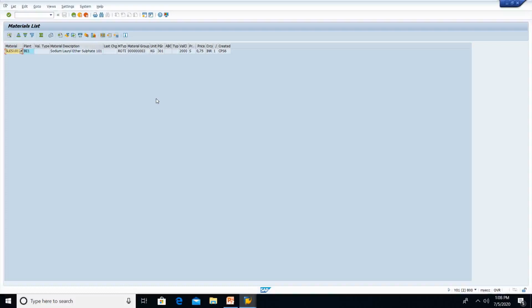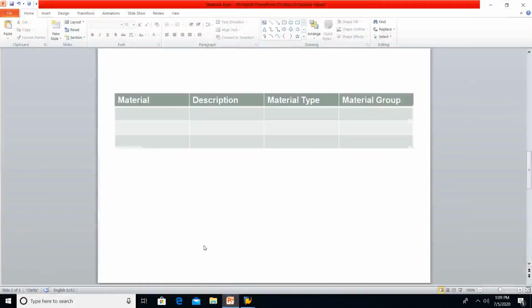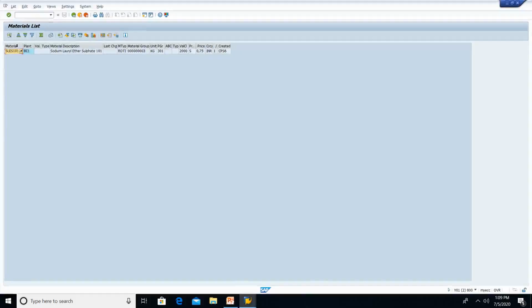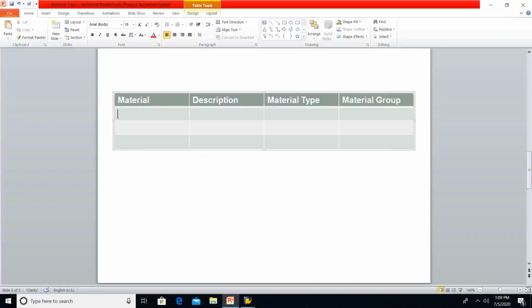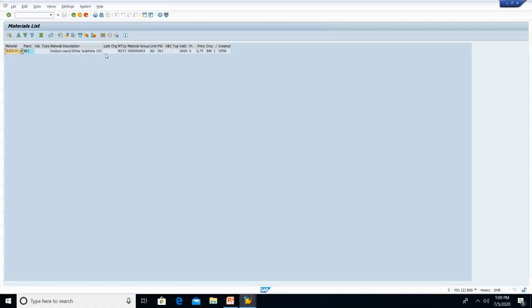Now let me create a small table, then you will understand these terminologies properly. Material, which is nothing but the material code. What is the material code? SLES 101. Then description. What is the description I have used? Sodium lauryl ether sulfate 101.